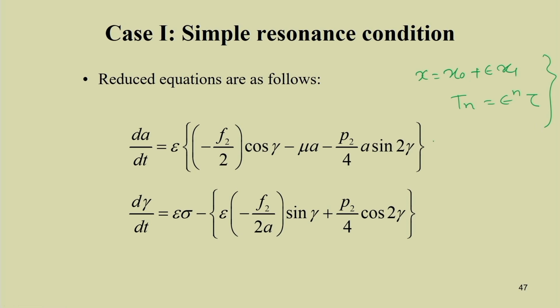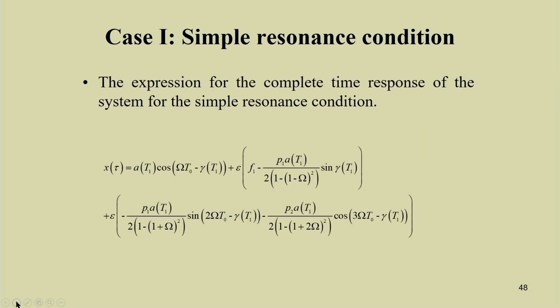So, these are the reduced equations we got: dA by dt equal to this and d gamma by dt equal to this. From this, we can find the solution, that is A and gamma. In this case, this x can be written as A(t1) cos(omega t0 minus gamma(t1)) plus epsilon times f1 minus p1 a(t1) by 2 into 1 minus omega whole square sin gamma(t1)